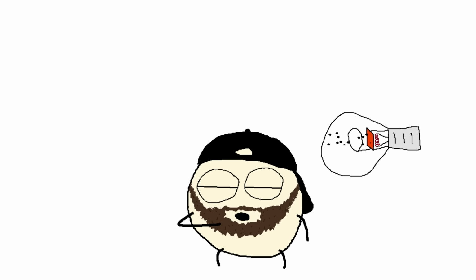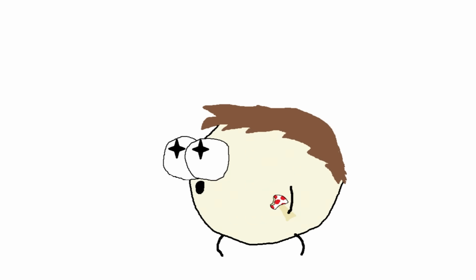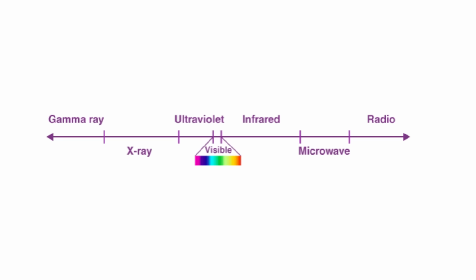This is good, but not good enough. You can't see the electrons, unless you're this guy. So we need something covering the glass that emits light. Let's make it a little bigger and coat it with a phosphor powder. This stuff absorbs the electron's energy, then re-emits it in the visible part of the electromagnetic spectrum which we can see. Congratulations! You now technically have a working TV, but all it shows is a faint fuzzy dot,